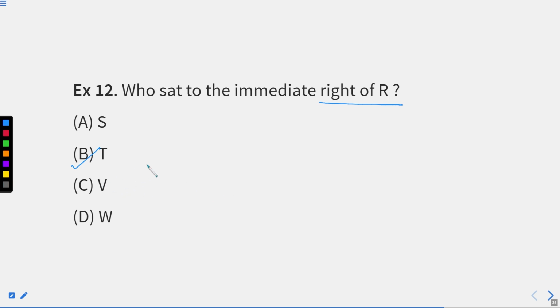I hope you are able to understand both the questions properly. Here what we are doing is again following the same procedure: read the direction and clarify whom we are talking about. Then read the instruction and understand how we are supposed to make the arrangements. As soon as you understand it, make a small diagram which indicates the sitting position of everyone. As soon as you are able to form the diagram, use this diagram to answer the given questions. This is the basic procedure that you have to follow throughout this chapter.